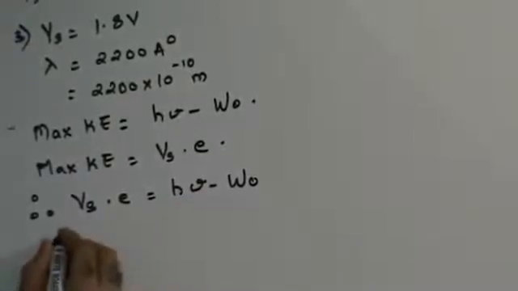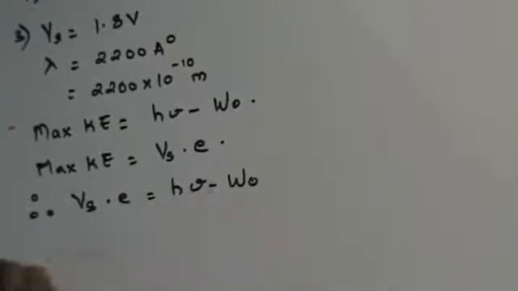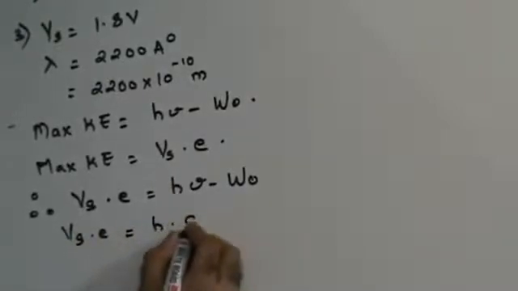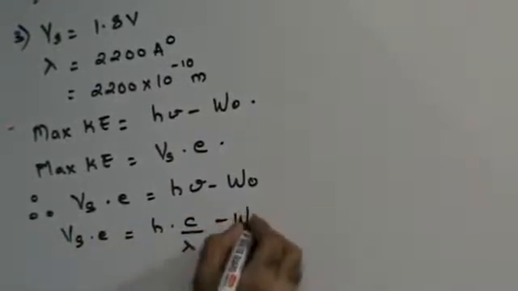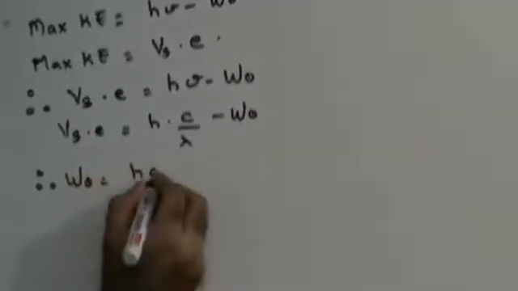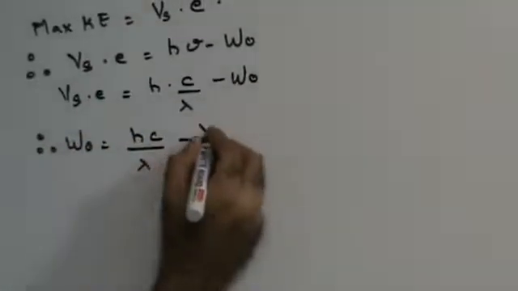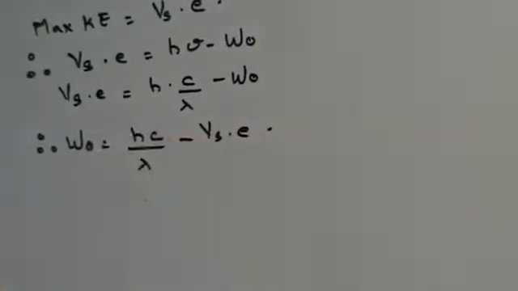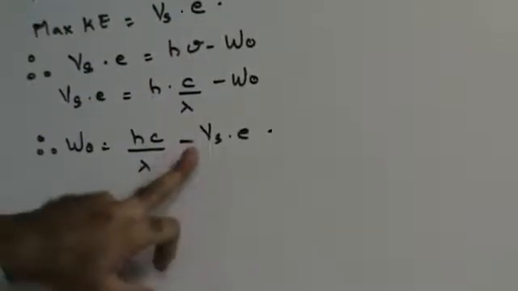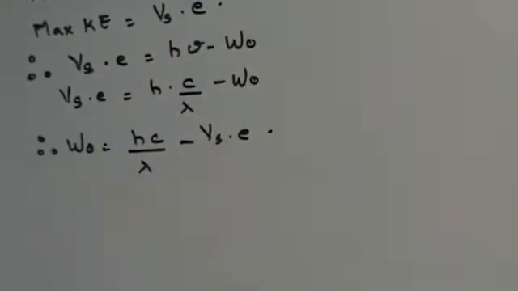What have they asked you to find out? They have asked you to find out the work function. So I can therefore say that Vs into e is hc upon lambda minus work function. Therefore, work function is hc upon lambda minus Vs into e. Work function is Planck's constant into velocity of light upon wavelength of light, minus stoppage potential into charge on electron,